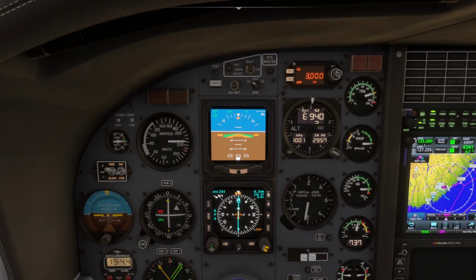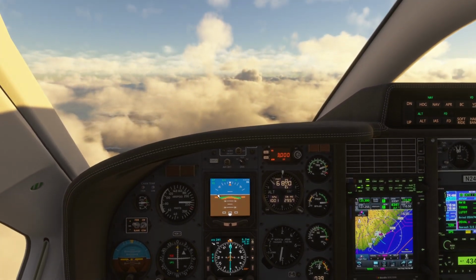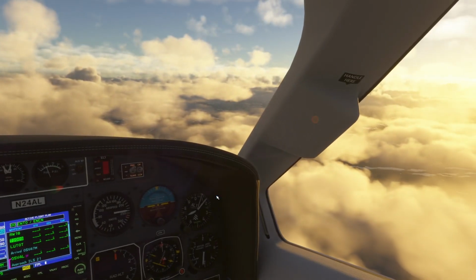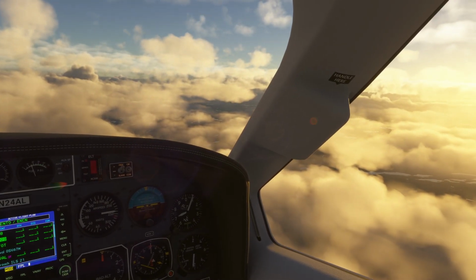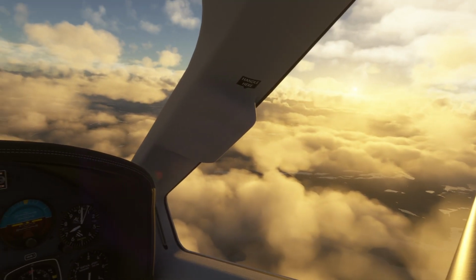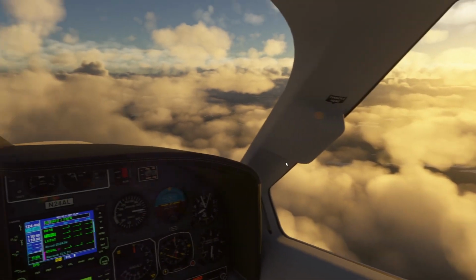We got a hefty crosswind there, see about the wind in Kjevik. So weather-wise,